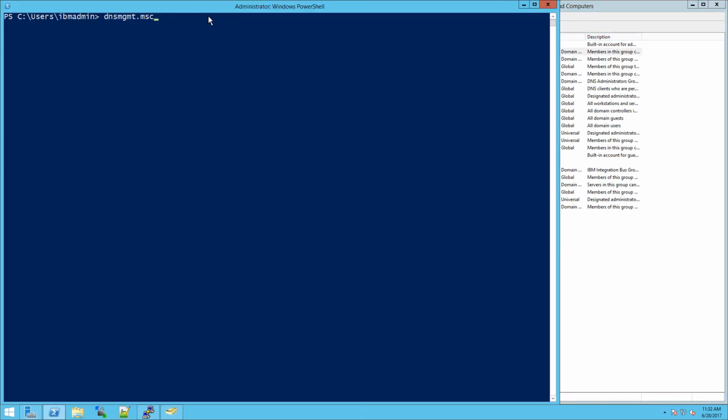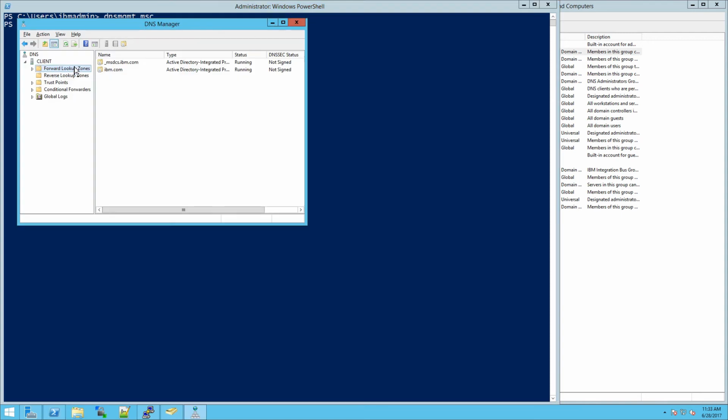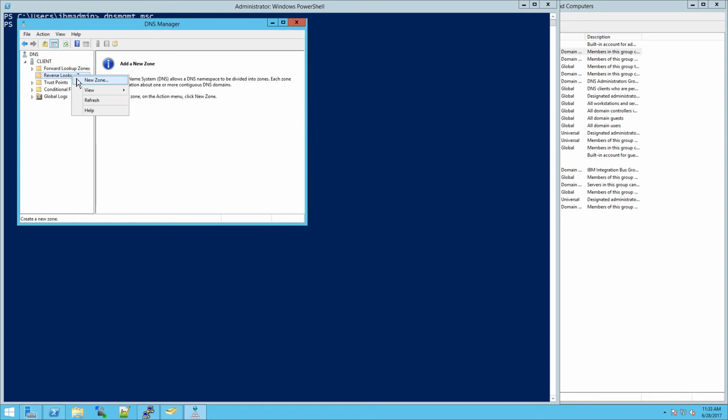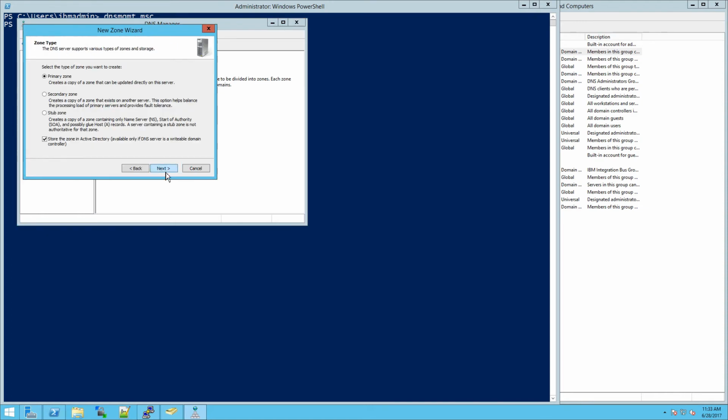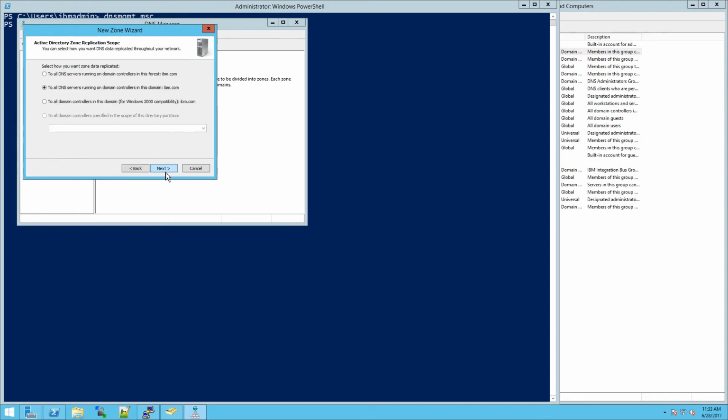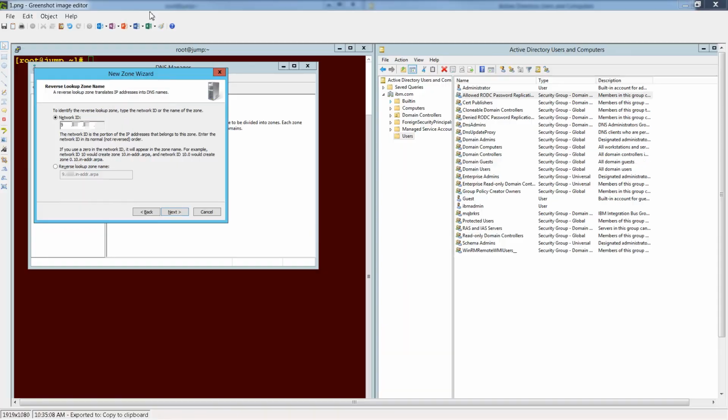Now go back to PowerShell, type in dnsmgmt.msc, DNS Management Microsoft Console, and hit Enter. You should see entries in your forward lookup zones. Now click on Reverse Lookup Zone, New Zone, and click Next. And click on Next, and Next, and Next. I'm using Class C subnetting, so I'll enter the first three separated portions of the network ID. That automatically populates this portion down below. Click on Next,